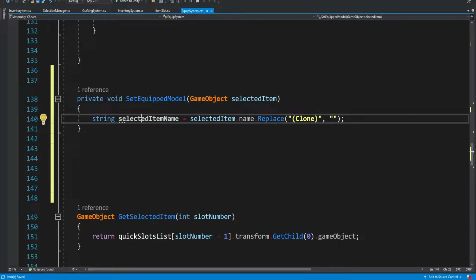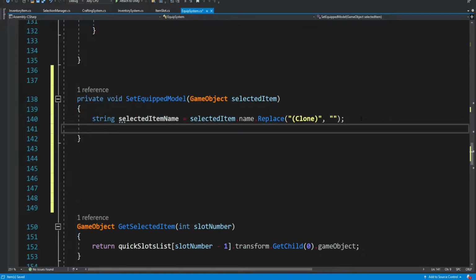So then we get the clean name. So if we got axe clone, we're going to get axe, and we want to get the name of the item to find which model to instantiate, okay? So over here, we're going to have a game object that will be the item model, okay? It will store the actual model of the item, and it's going to store the model after we instantiate the model.